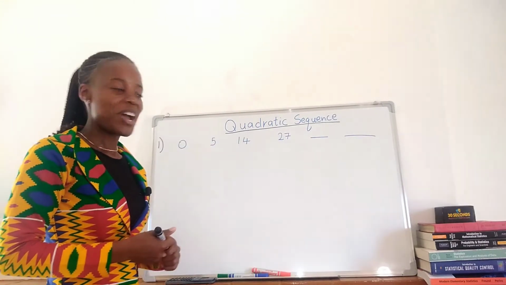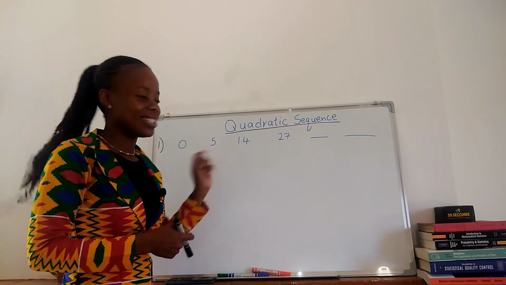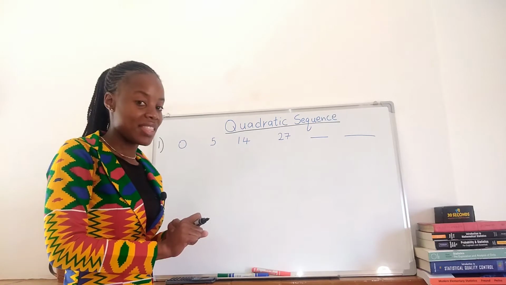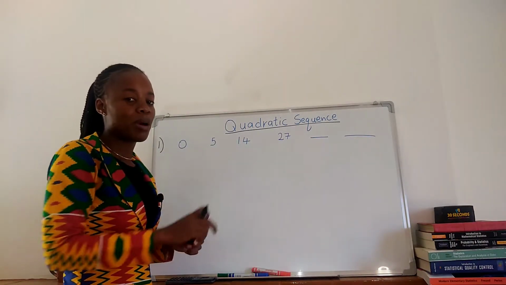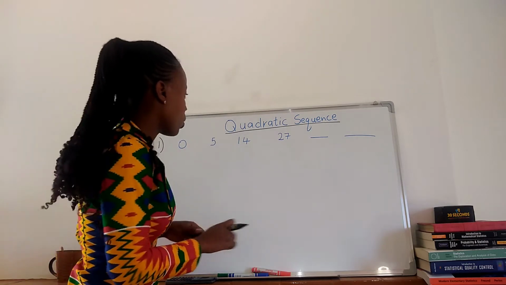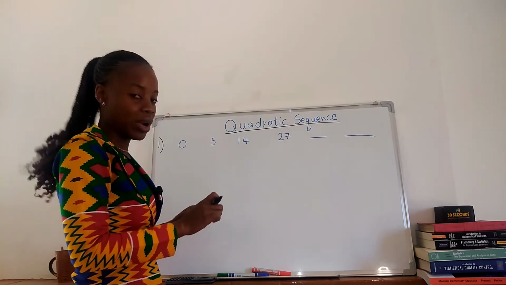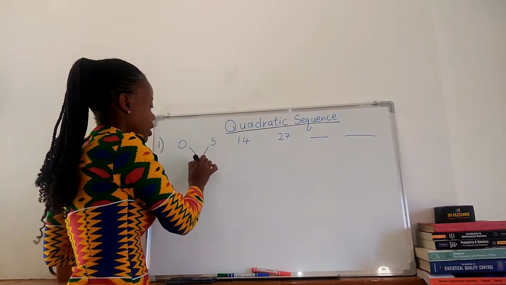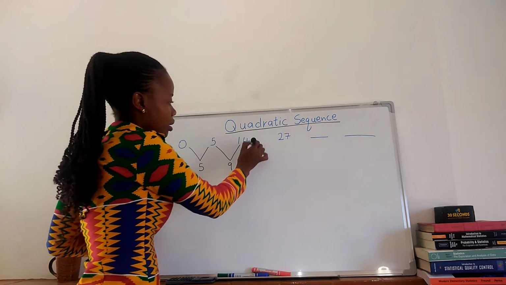Okay, number one, we have 0, 5, 14, 27, dash, dash. We're going to find the next two terms, and then after that, we find the nth term expression for number one. So this is a quadratic sequence. I'll show you why this is a quadratic sequence. We have 5, 9,